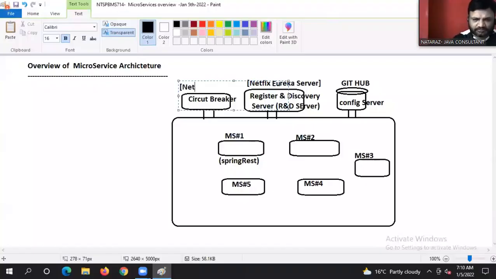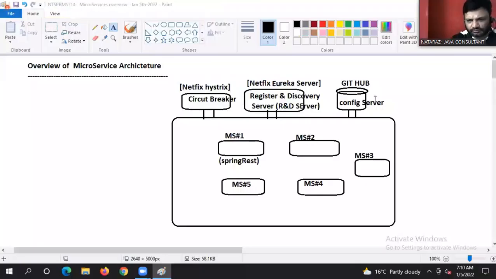Netflix Hystrix. Okay, guys. Tell me, where will a developed microservice be registered?